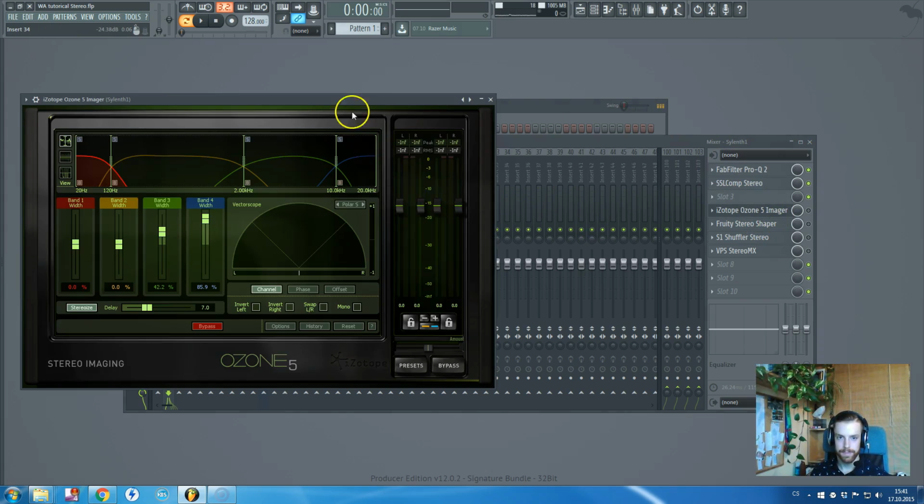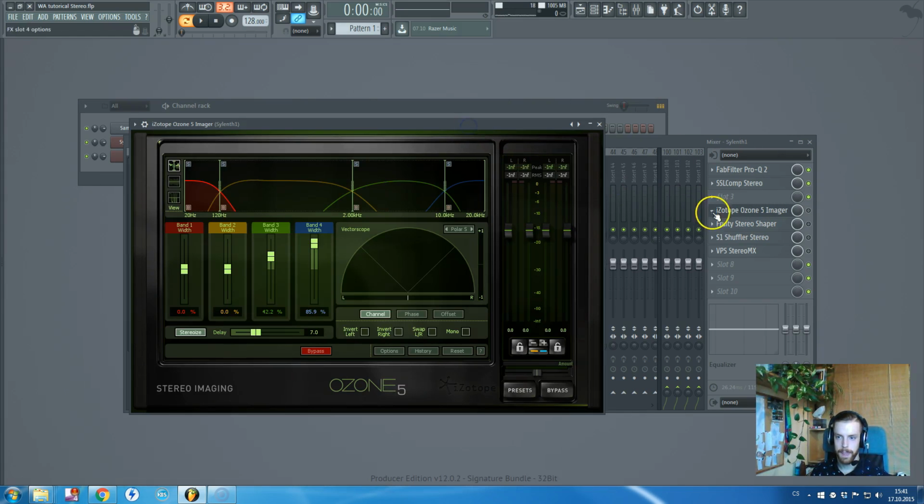First one, iZotope Ozone 5 Imager. That's the stereo effect I love the most. I'm using it all the time. I'm using it on vocals, on synth. Also sometimes I'm using it on my master channel, just to make sure that those low frequencies, because as you can see,